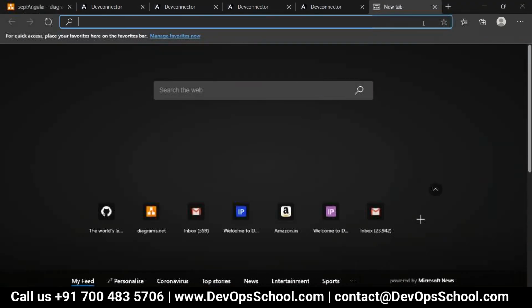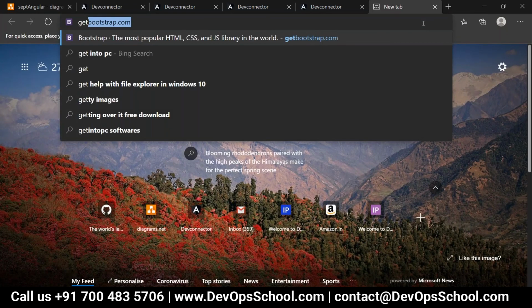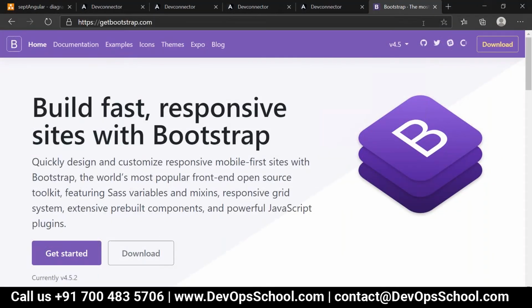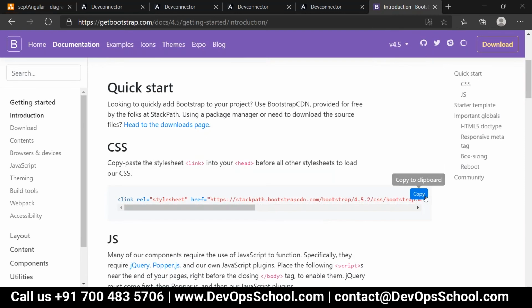For that purpose, we'll hit one site called getbootstrap.com. Everyone, can you do it at your end? Otherwise, wait for a minute. I will show you what to do now. Here, I need to bring the Bootstrap specifications over. For that purpose, I'm going to use CDN. This is my CSS CDN.